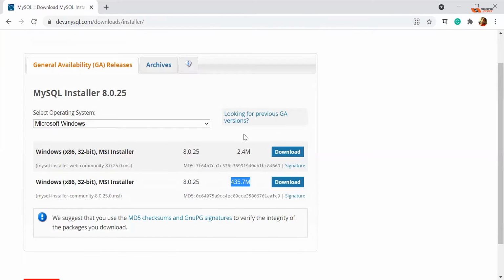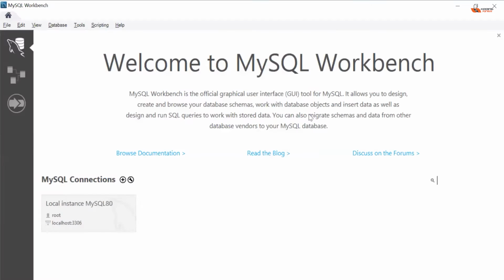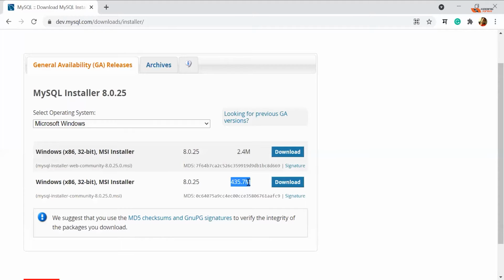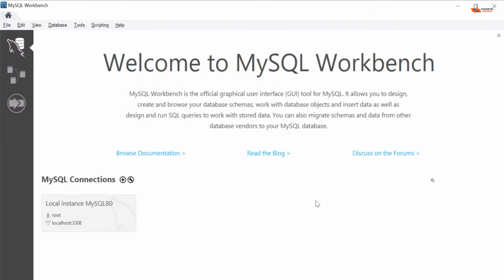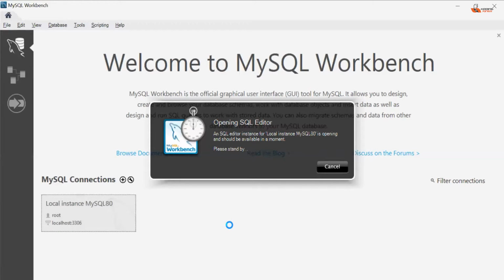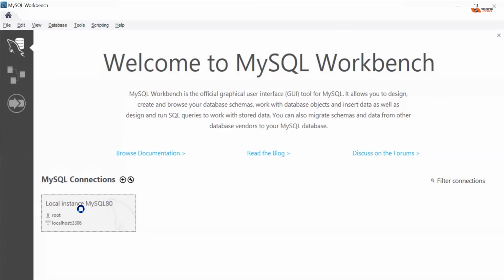With that, you can install with the custom option or the default option, and it will install everything for you. One of the good components it installs is MySQL Workbench. It comes for free and is provided as part of this particular installation, so you don't have to download it separately. It also comes with examples, so let's see those. I'll connect to my local instance here. By default, this is configured. You don't have to make any extra effort. It will directly be here.